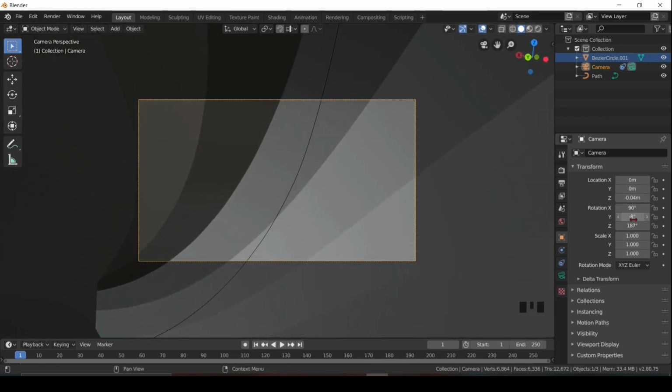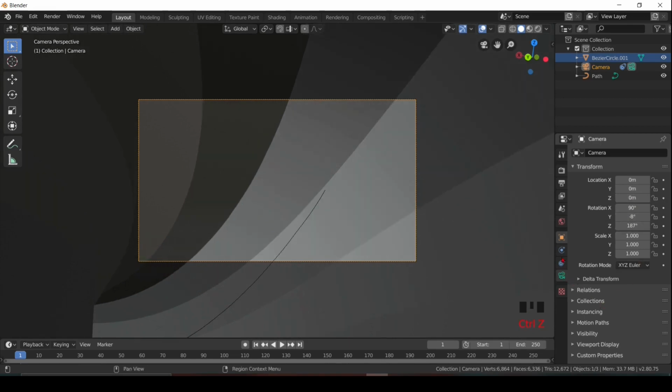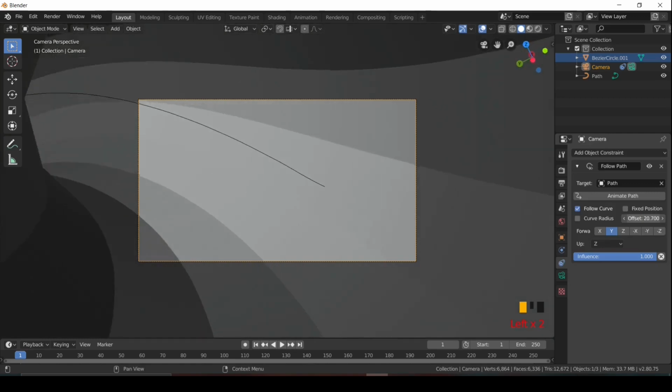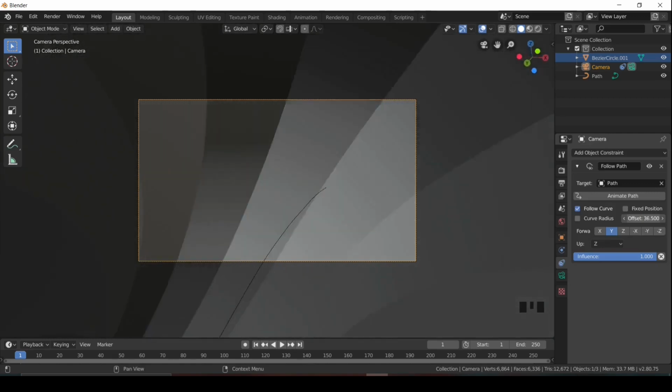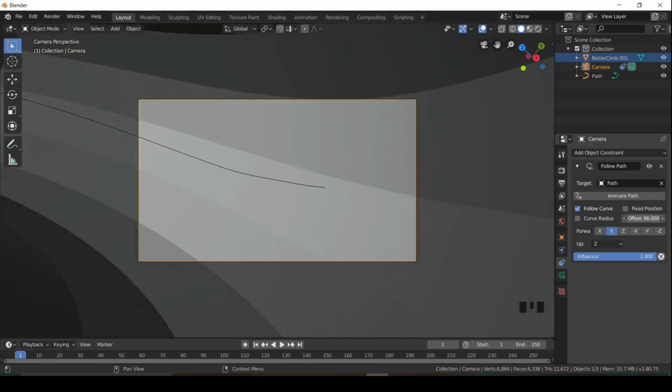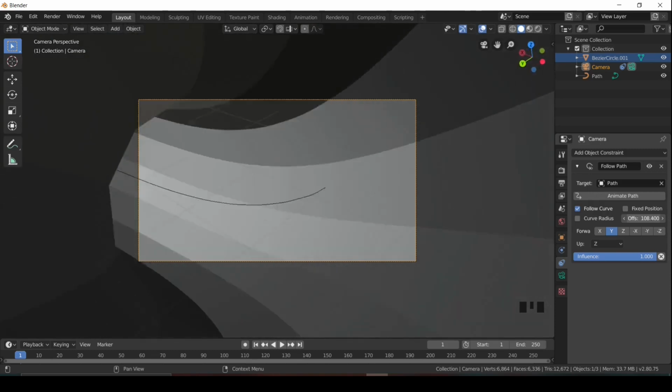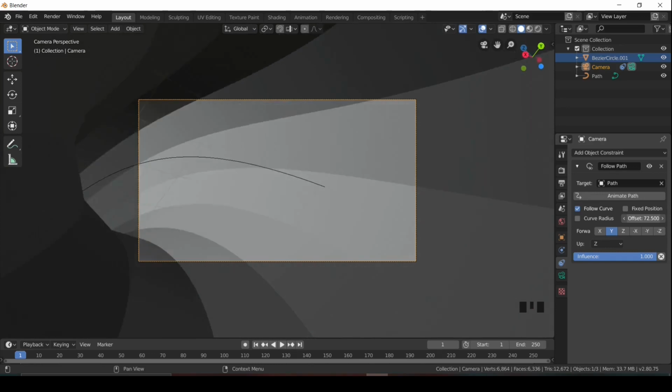Go to the third last option, or we will say pin icon. Increase the offset value. You will see the camera started moving. Come back to the 0 and if required, adjust the camera again.